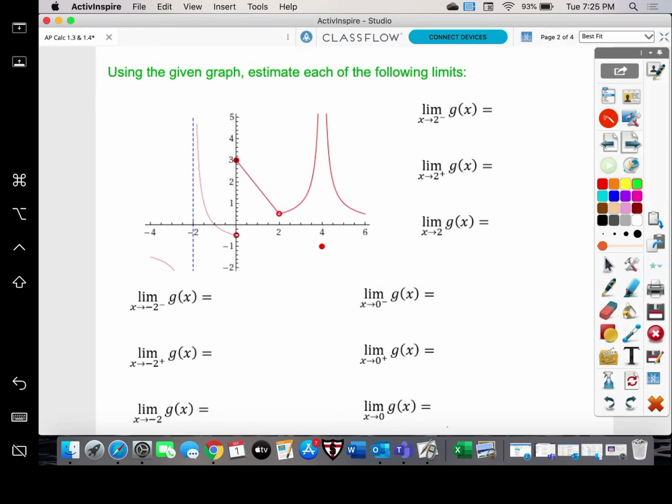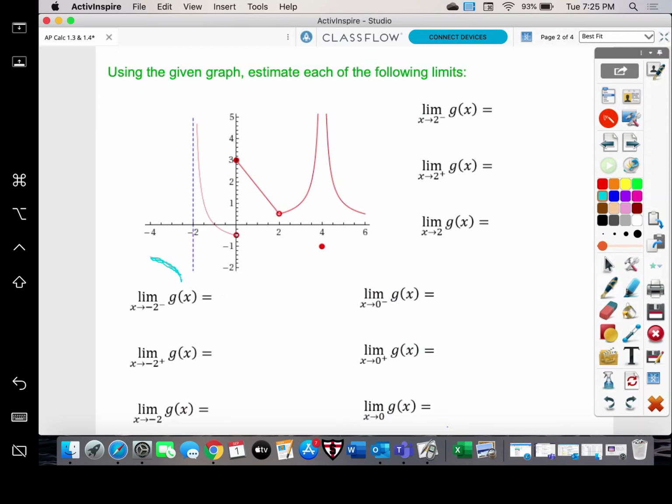Let's look at a crazy looking graph and let's see if we can find all of these limits. Let's start on the left-hand column over there. The limit as we approach -2 from the left. So think about that for a second. -2 from the left. Well, that's doing weird things. Look at it, it's going down there. We got that vertical asymptote looking thing. So we would say that is equal to,